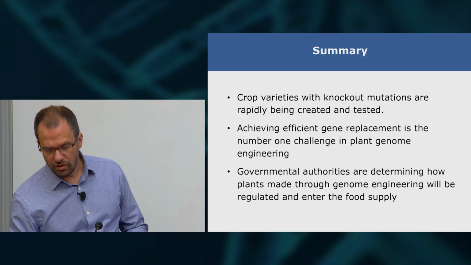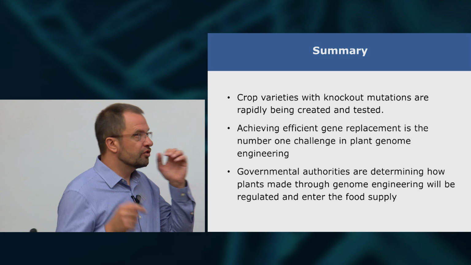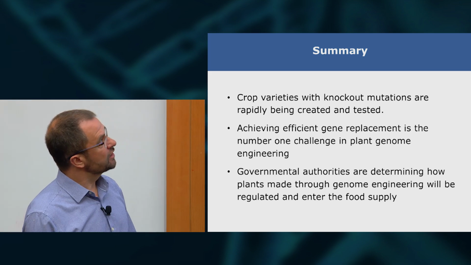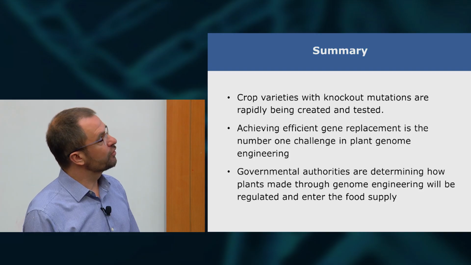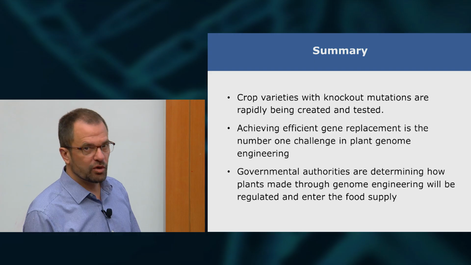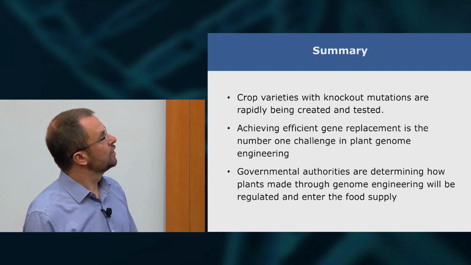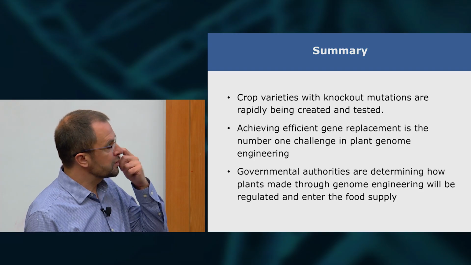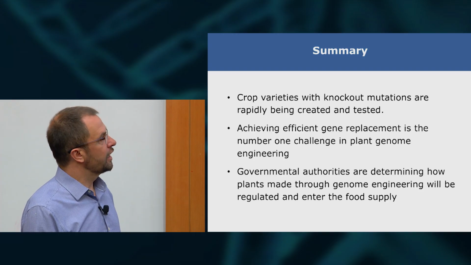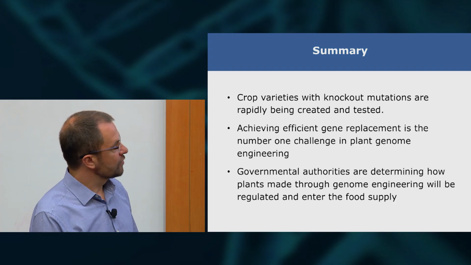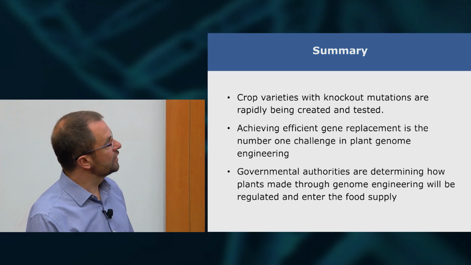So I think I'll just close there with a few very big, high-level, take-home messages. At the beginning of my talk, I talked about how we're at the first stage of genome engineering in plant agriculture, which is all about the knockout mutations, the soybean, the potato. And government authorities have weighed in on those and said, at least in the US, Argentina, Israel now, that plants with knockout mutations are not regulated and can get out into the field and eventually into the food supply.